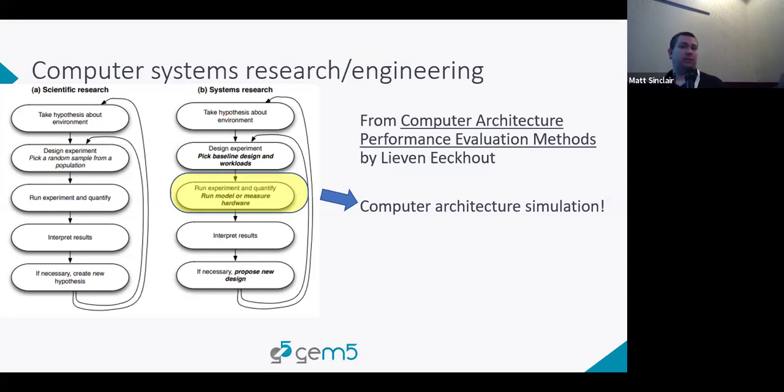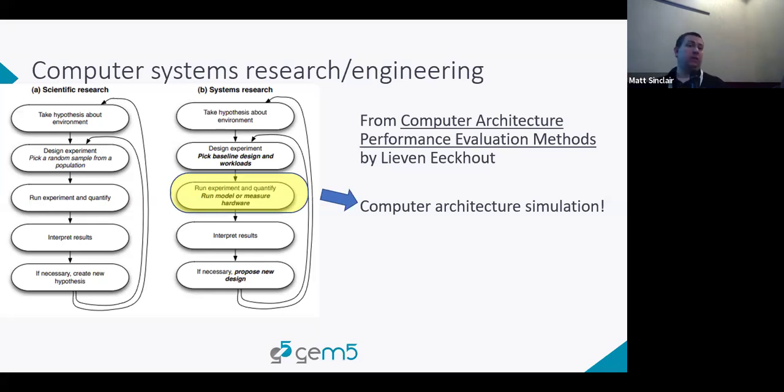architecture performance evaluation modeling. He was comparing scientific research, if you will, the scientific method, where we have some sort of hypothesis. And so we design an experiment, we run that experiment and try to quantify the results. We interpret them. Of course, sometimes those results don't match what our expectations were. And thus we go back to the beginning and depending on the results, either come up with a new hypothesis or we design some new experiments to get additional data. And eventually this process will terminate once we find the results, solve the problem that we believed we were going